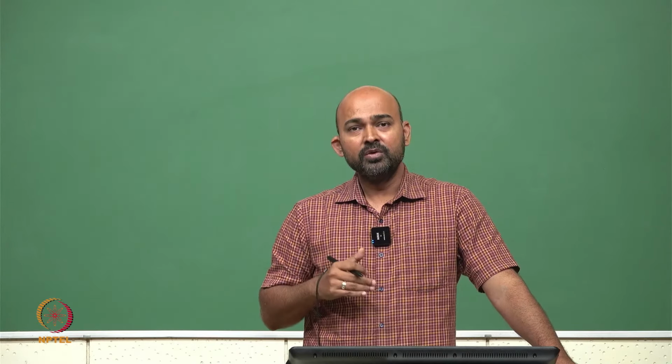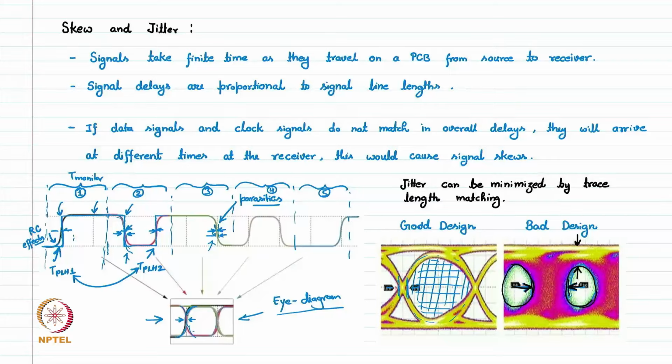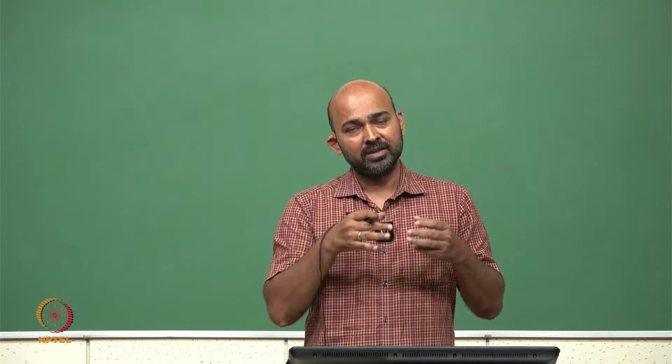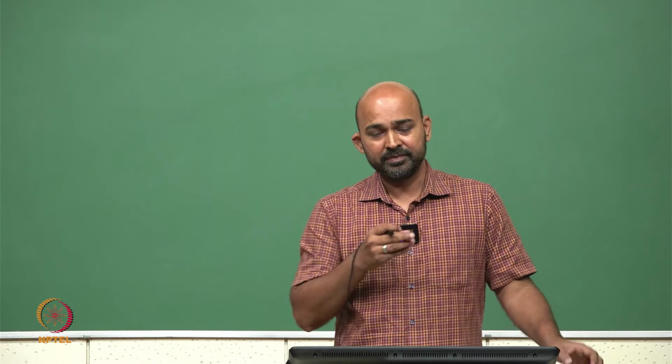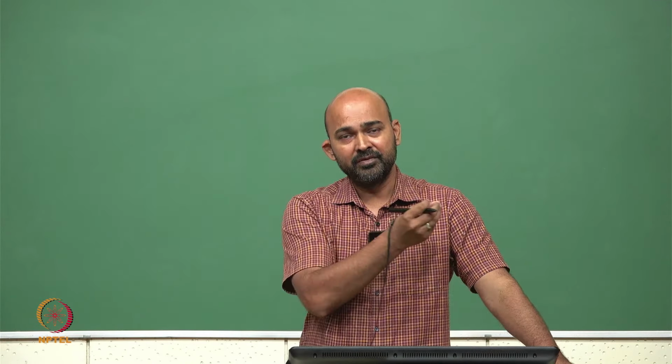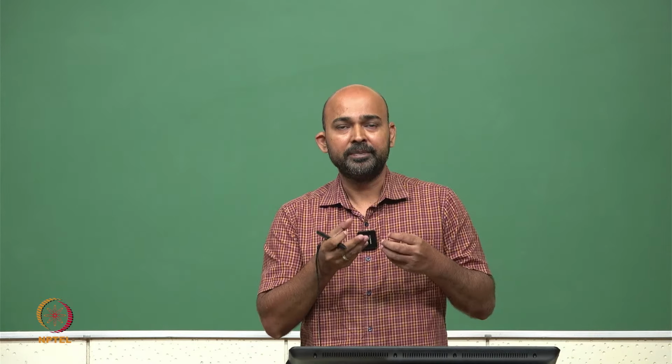The next issue which frequently comes up in PCB design is signal attenuation. What is signal attenuation? When we apply a signal on a trace and it travels from the near end to the far end, these metal traces are of course some metal, let's say copper we are using. All metals have a certain amount of resistance. So when the signal is traveling throughout the length of this trace, because of the resistive nature, this signal will attenuate. The strength of the signal goes down,